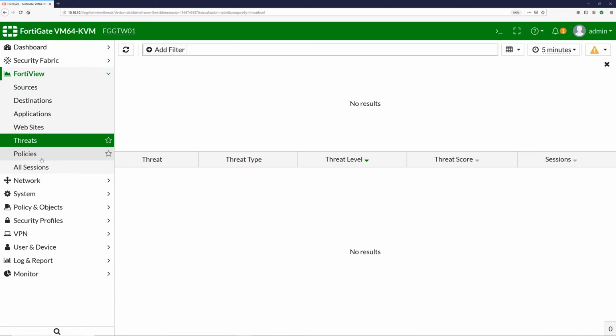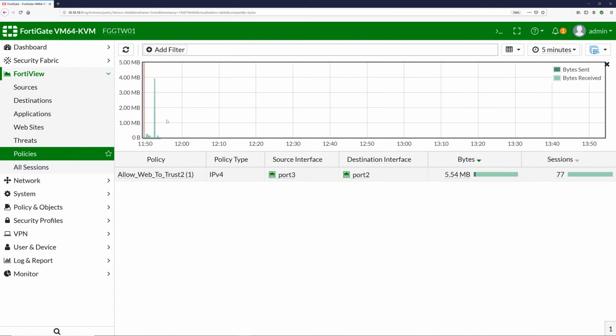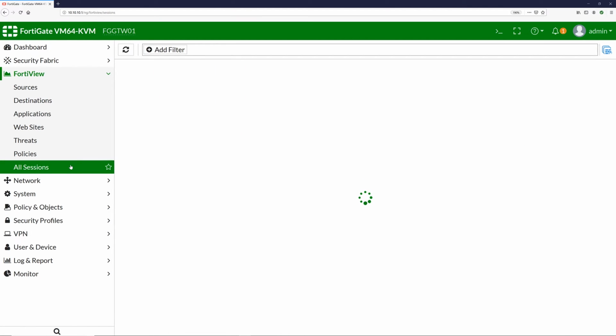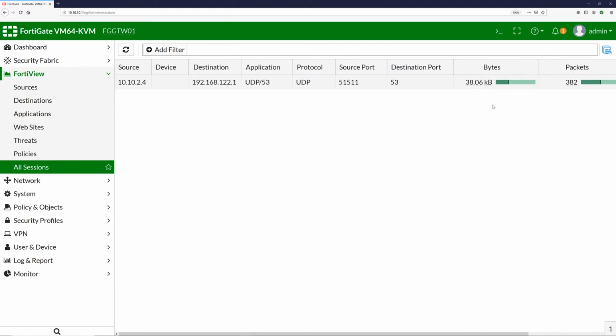analysis over here. Policies, you have policies, so it gives you the policies, which policy has been hit very high, which has been used a lot, the bandwidth or the hit counts, all the sessions. This is the high level view or the overall view of the FortiGate firewall, and this is just an introductory video, and I will show you in detail of each feature, how they work and how we can configure them